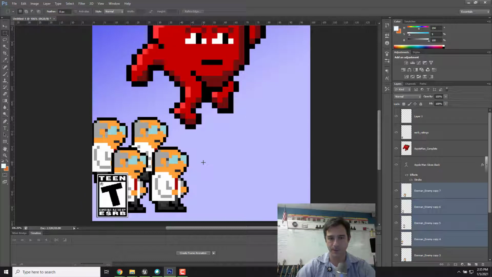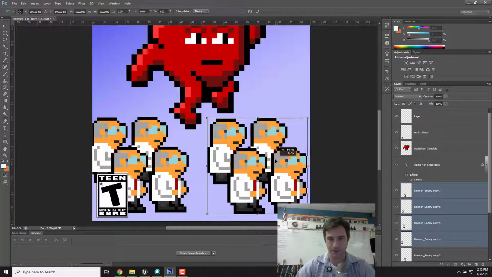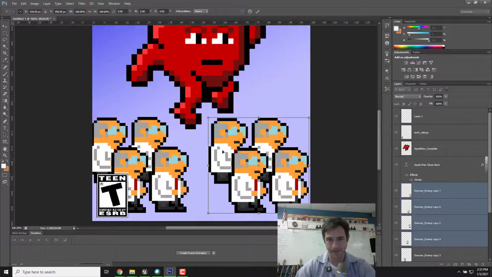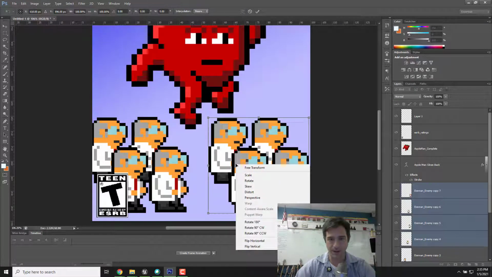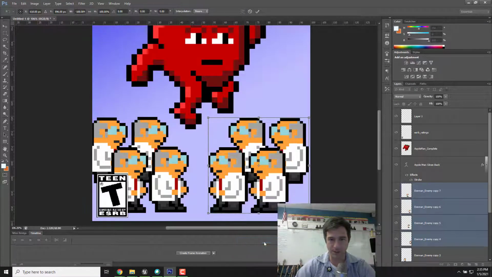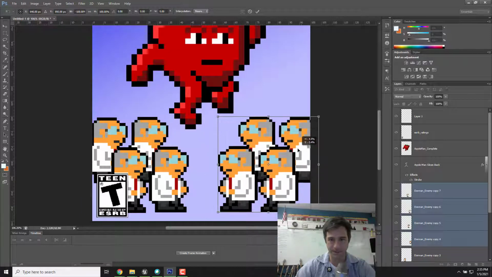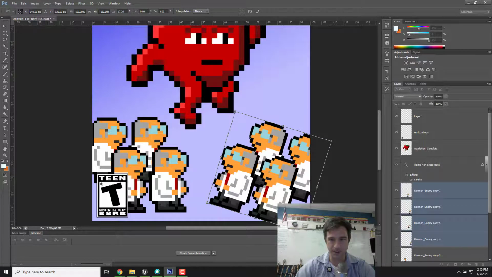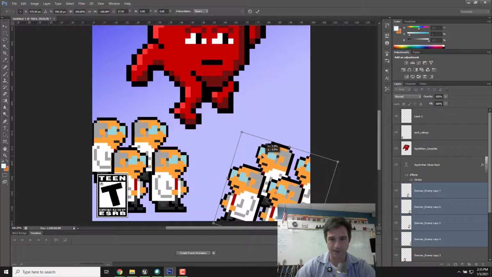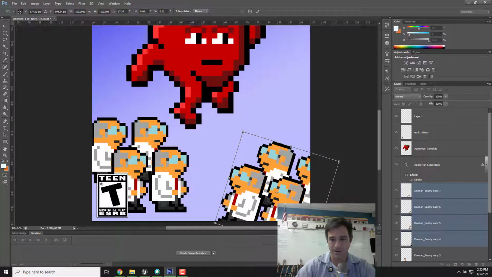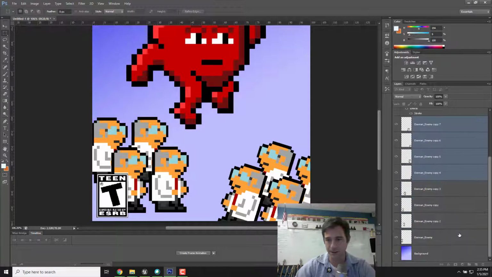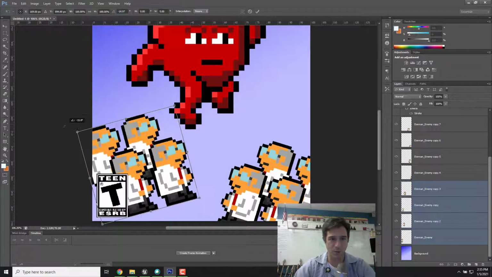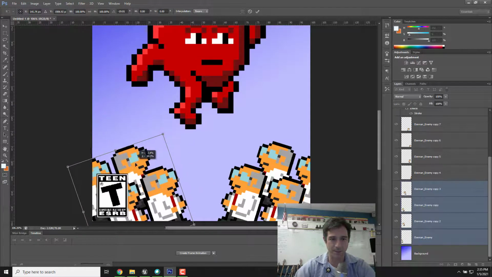Okay, Control T, move them over. Maybe even, I'm gonna right click and flip horizontal. So now they're looking this way, like that. Maybe even turn them like this, so they're all looking up at him. Do the same thing with the others. Control T, and if I grab a corner, have them all look like they're looking up,